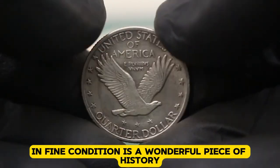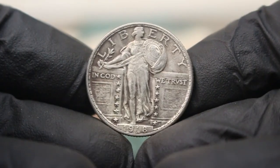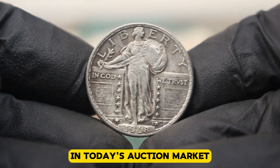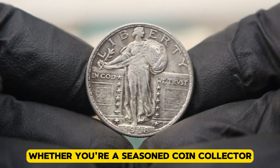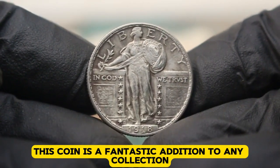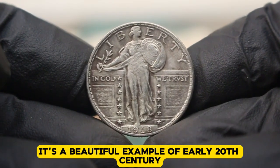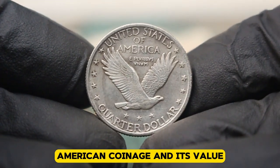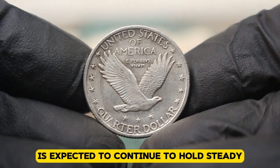fine condition is a wonderful piece of history that continues to hold its value in today's auction market. Whether you're a seasoned coin collector or just getting started, this coin is a fantastic addition to any collection. It's a beautiful example of early 20th century American coinage, and its value is expected to continue to hold steady